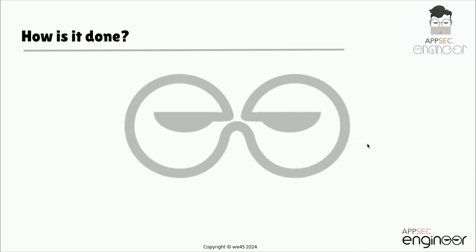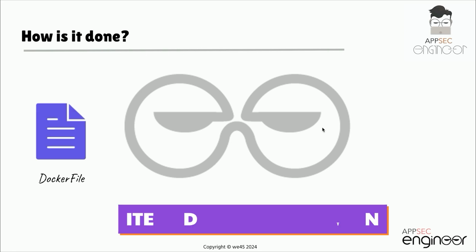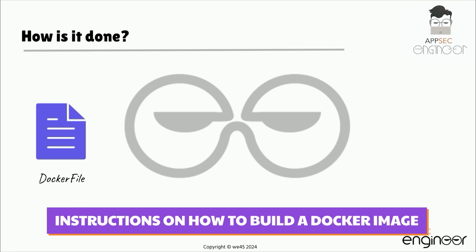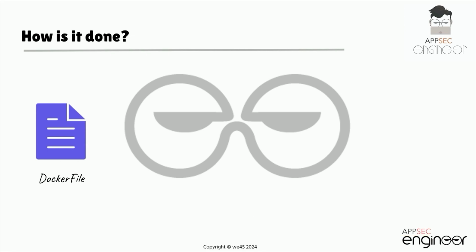So now we come to the third and the important question, that is, how is it done? Docker provides a streamlined way to build, ship and run applications within the container. In the first part, as developers, we are going to write code for our application. Once our source code and everything of our application is ready, we are going to create something called a Dockerfile. A Dockerfile contains a set of instructions on how to build the Docker image. This file includes the commands to install dependencies, copy application code and define the startup commands.